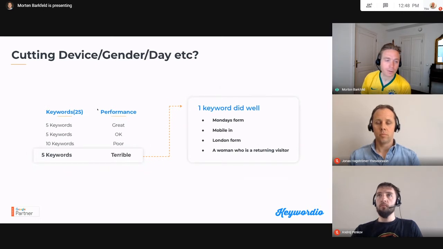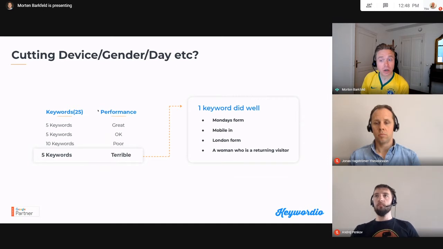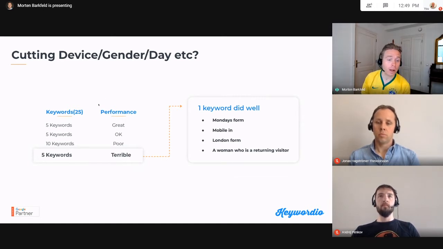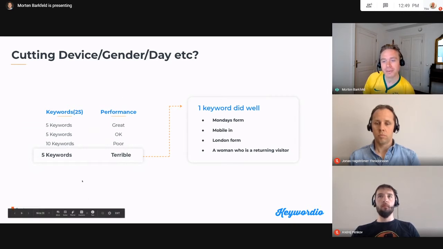And again, some of the small things that we've seen: typically from 1 in the morning until 5 or 6 in the morning tends not to be the best time. If you're in e-commerce, check out your days of the week. We see Mondays being the best and Fridays being the worst, but of course it depends on the company. We see mobile with extremely high growth. However, during COVID-19, we see a lot of searches and actually conversions from iPads and tablets, and we believe it's because people are more at home. But that's an asterisk disclaimer from Keywordio.